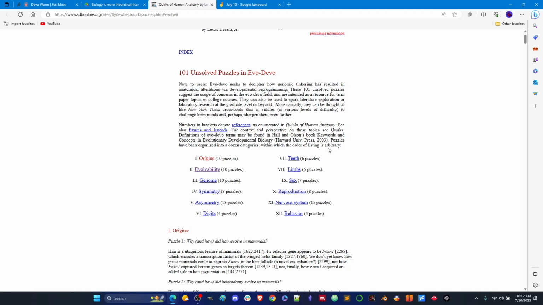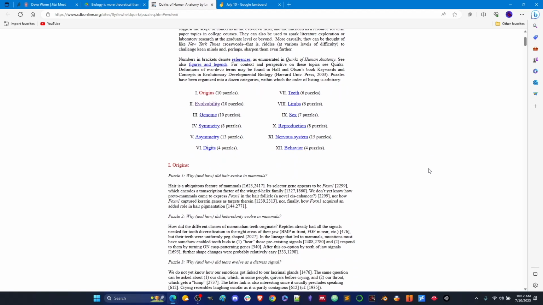So there are a lot of puzzles involving origins, evolvability, the genome, symmetry, asymmetry, digits, behavior, nervous system. There's a whole host of open questions here, and they range from why did hair evolve in mammals, or heterodonty evolve in mammals, to things like, with symmetry,